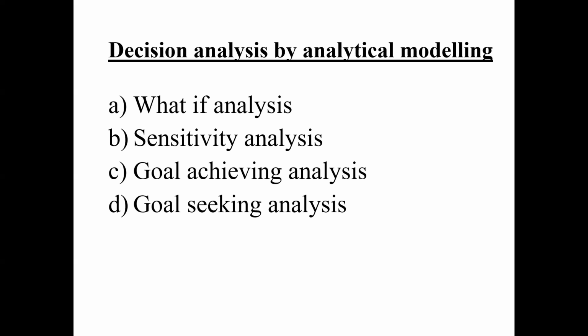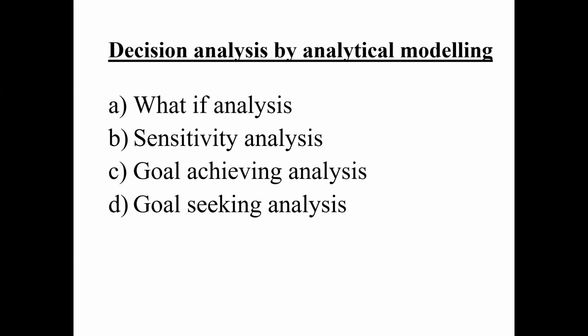Then goal achieving analysis. Here you are making repeated changes to the selected variable until you are reaching a particular goal. Goal has been fixed in prior and then you are trying to achieve that particular goal in a backward manner. आपका goal fix है, अपने advertising को कितना increase करें, कितना cut करें कि हम जो